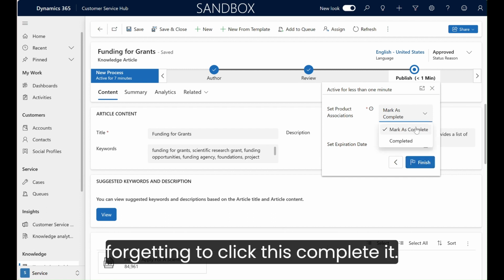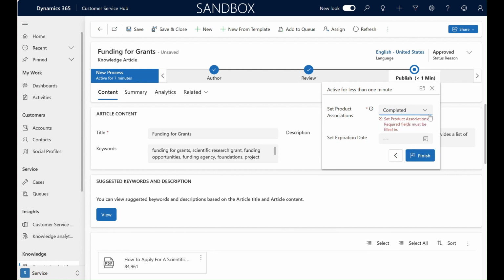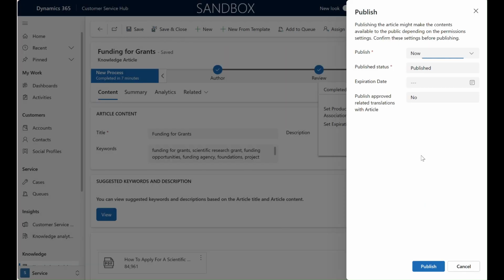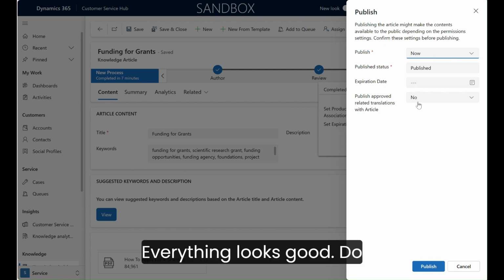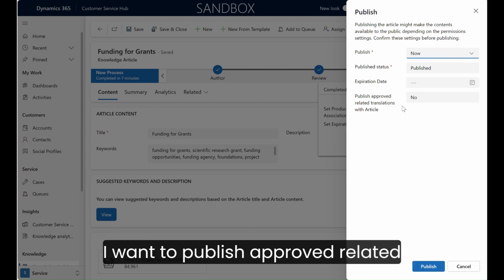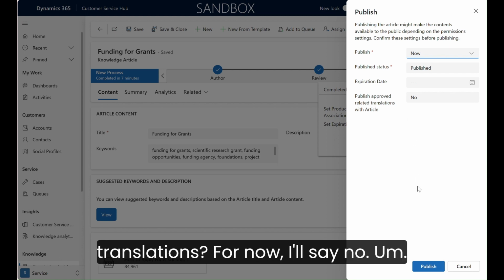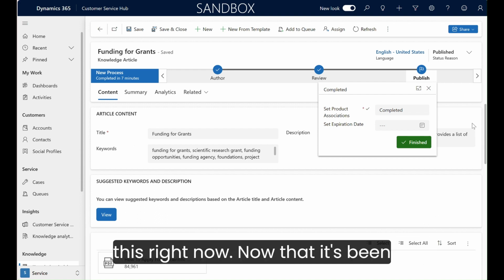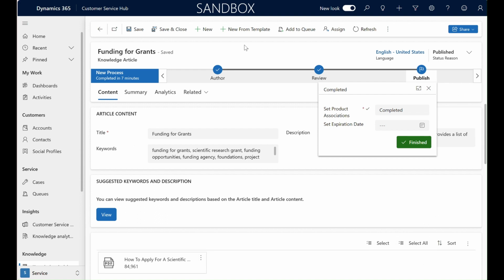I keep forgetting to click this. Completed. Don't forget to click these, even though I just did twice. This is completed. It's now finished. Everything looks good. Do I want to publish approved related translations? For now, I'll say no. And I'm going to go ahead and publish this right now. Now that it's been published,